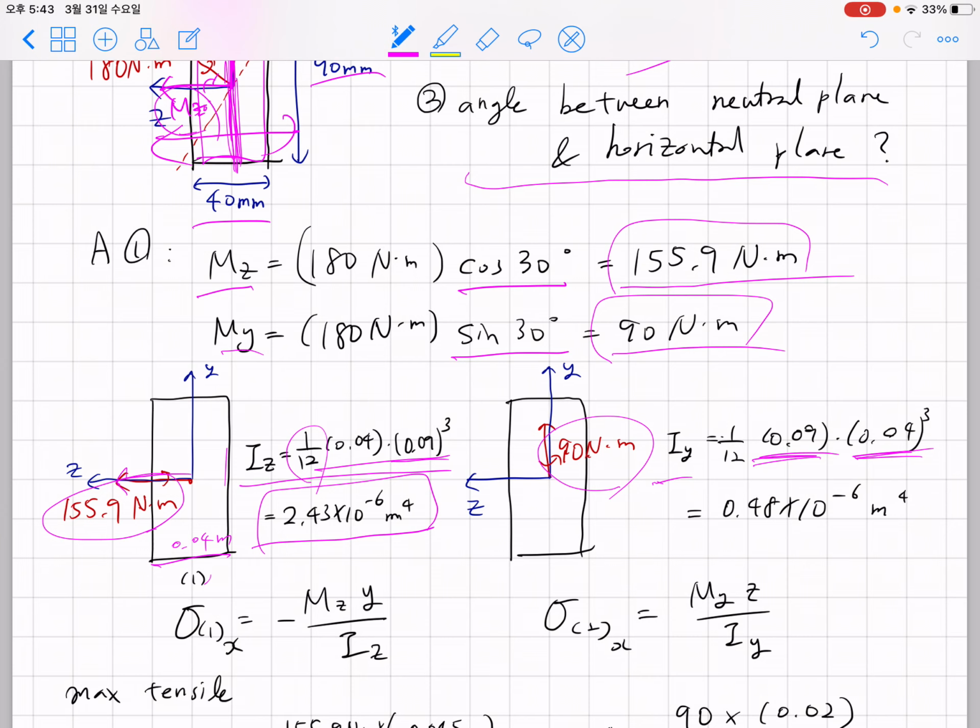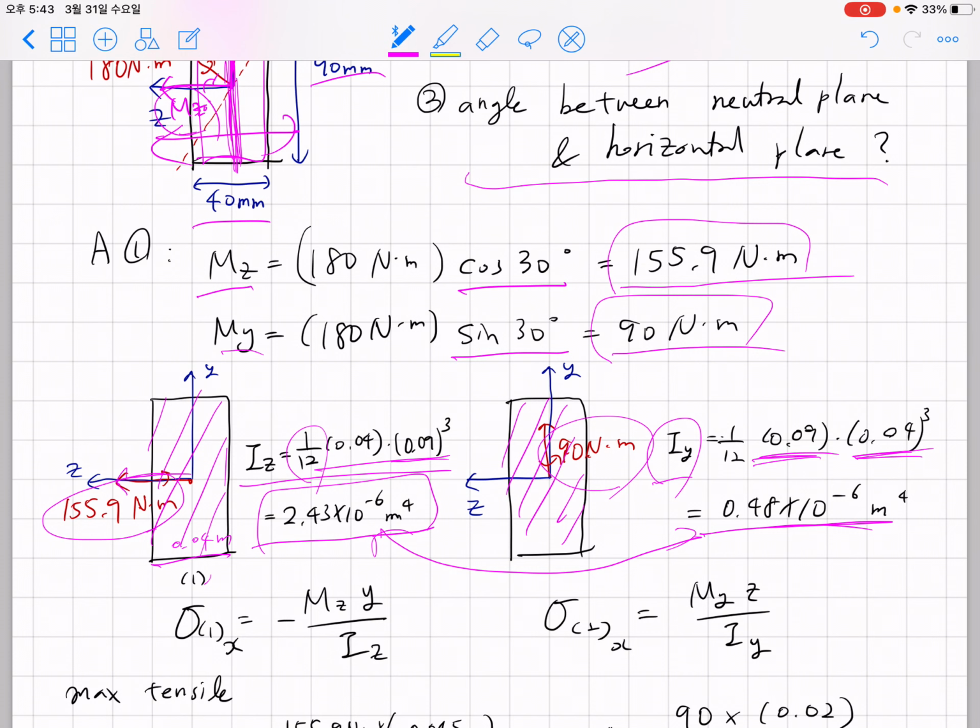You can see that Iy is much smaller than Iz. Even though we are considering exactly the same area here, this is where you can see the effect of the orientation. For exactly the same shape and exactly the same area, depending on the orientation, you can have significantly different